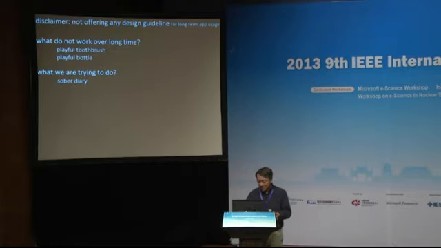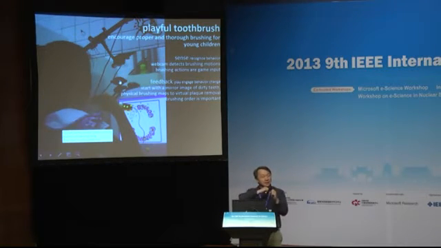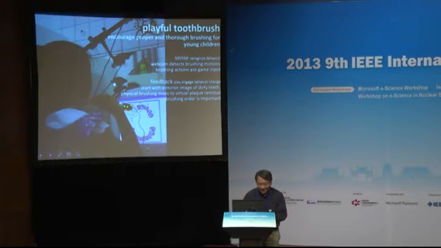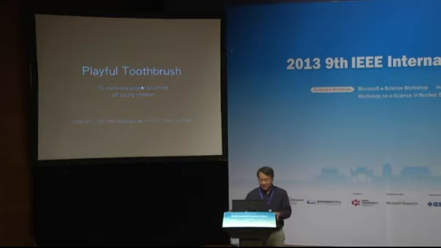The first one we have done is called the Playful Toothbrush. The goal is to encourage kids to do proper and thorough brushing. On the sensing side, we have a vision system, so you can see we use a camera here. We also have a marker attached to the end of the child's toothbrush, and we can detect which part of the teeth the child is brushing. And we also have a feedback game. I'm going to play this video so you can see exactly what it is.